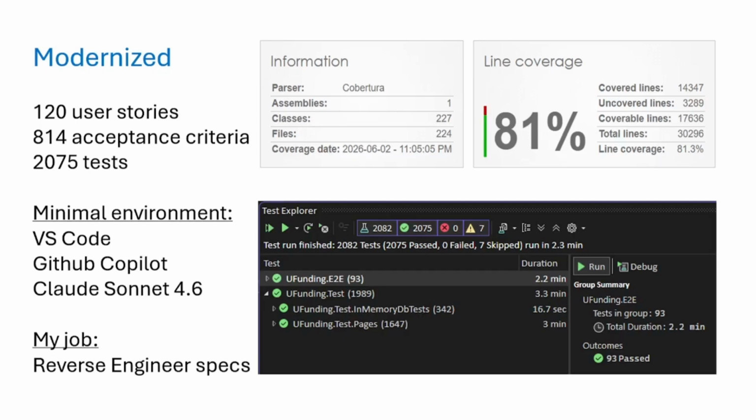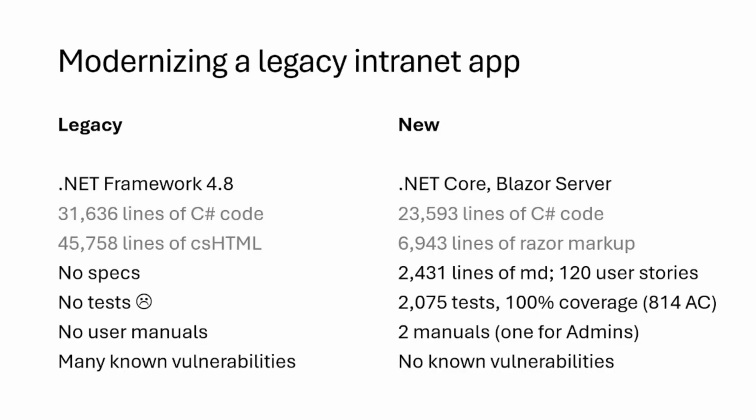I've modernized an intranet app using spec-driven development, and I'm here now to present the result. I took a legacy app and studied it to determine its specification, domain entities, user interface component descriptions, and user stories. I wrote this all down in Markdown files and then added instructions for GitHub Copilot and Claude Sonnet to